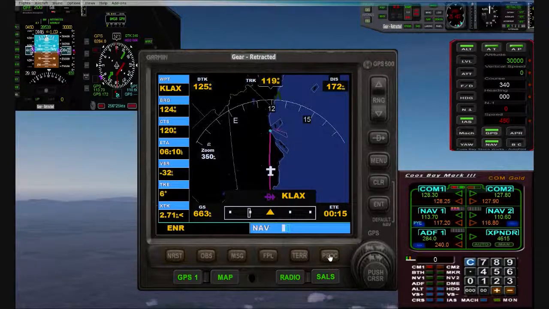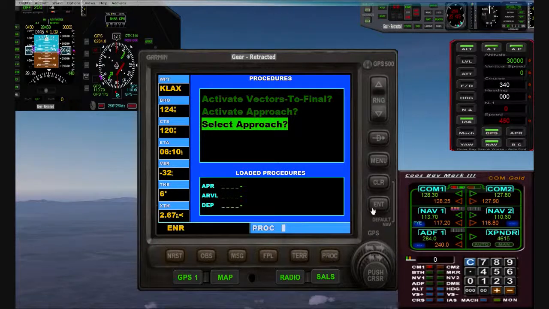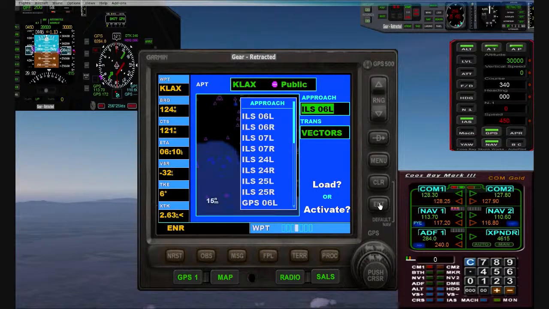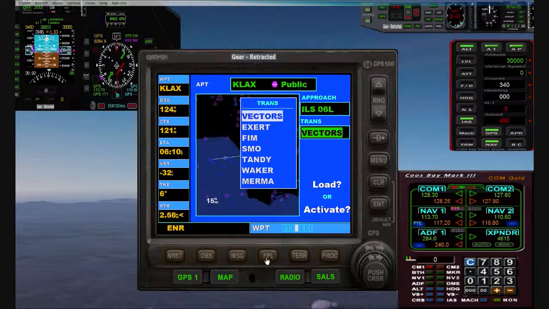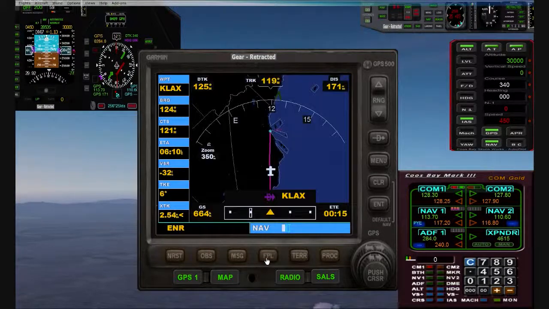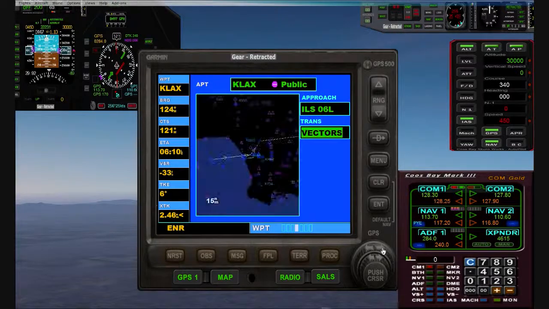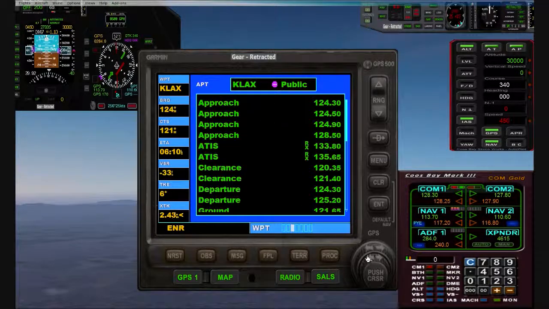So click your procedure button once, click your enter key twice, click your flight plan page twice, click the large knob once to the right, small knob once to the left. What you see here on the screen happens to be the frequency, the approach and clearances for LAX. Push the push cursor button, and using the large knob to the right, scroll down